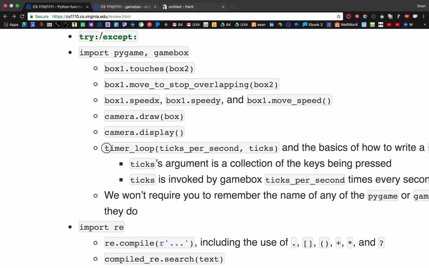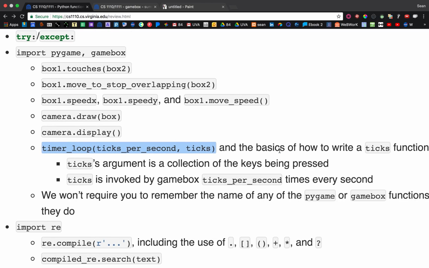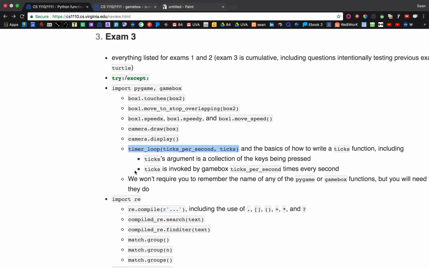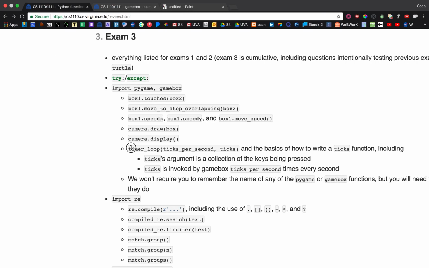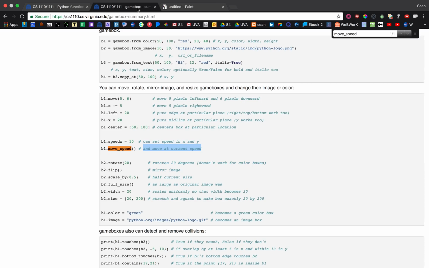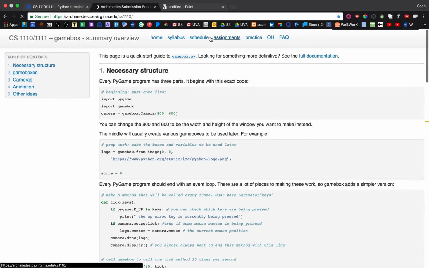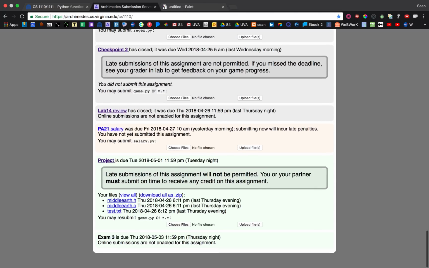And then, okay, so timer loop, ticks per second, and ticks. And the basics of how to write a ticks function, including the arguments, a collection of keys, all this stuff. And then, yeah, so what is this all saying? Basically, I think what this bullet is trying to say is, I would memorize maybe,